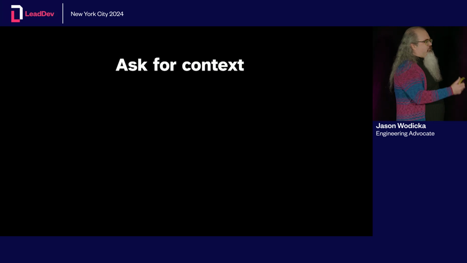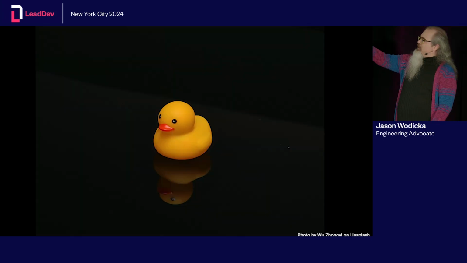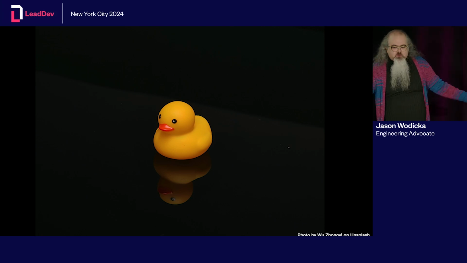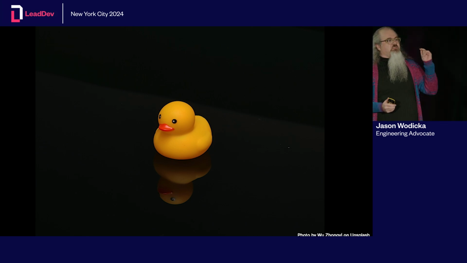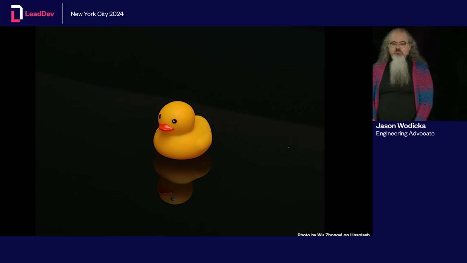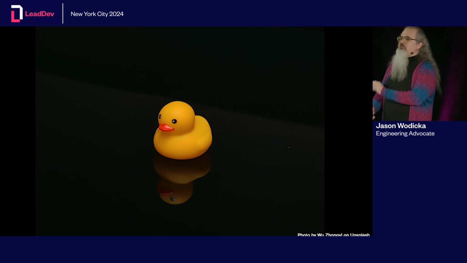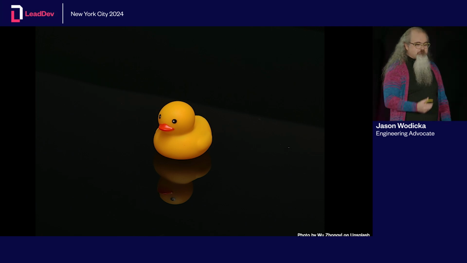And when you ask them for context, you are prompting them to engage in one of the most long-standing technical debugging processes. We explain things to rubber ducks and house pets and mirrors, not because we expect them to help, but because the process of explaining something forces us to think through it clearly. When we think in silence, our minds can and will take shortcuts. We convince ourselves that we have fully understood something when what we've actually done is skipped over thinking about it.